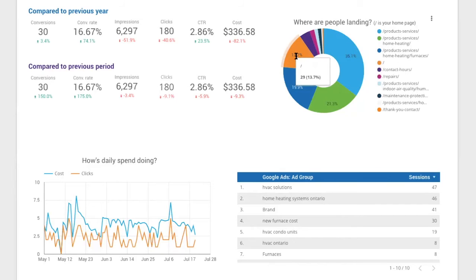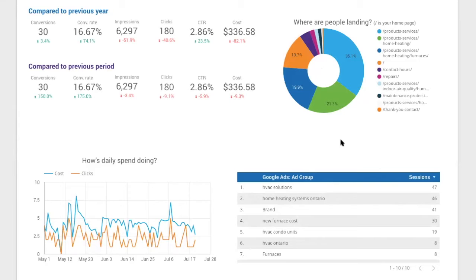Only about 13.7% of those paid clicks actually went to the homepage. And that's because we do bid on the company name. So if somebody searches for you by name, we don't know specifically what they're looking for, so we bring them to the homepage. But anyone else, if they're looking for heating or air conditioning or